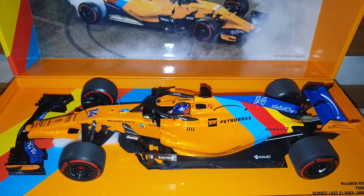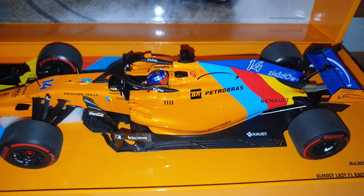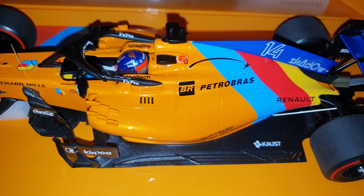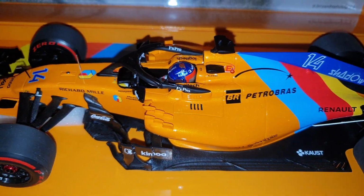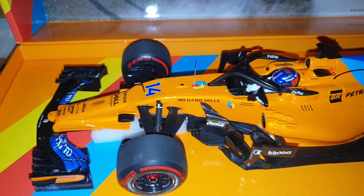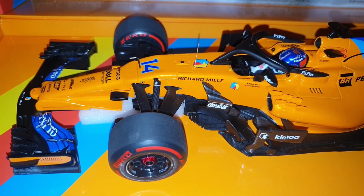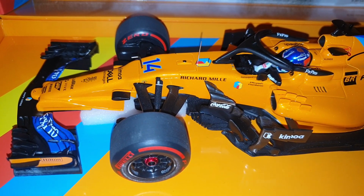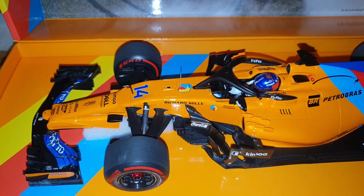And we have here a resin model, so not a diecast, a resin, and it's a re-release from Minichamps with the new box there from CK Modelcars. And I don't really have many resin models, and I don't collect newer models, but I did want to get this model because I do like Alonso, and it's a very rare model. And yeah, I was a fan of the